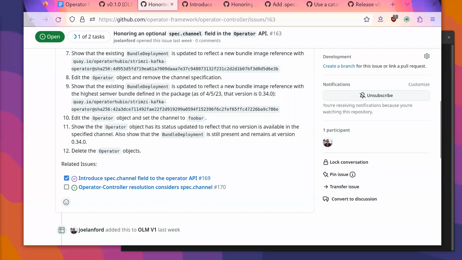Yes, Joe? So one question I have here: we currently have some code that puts what I'll call synthetic properties into the bundle entities for the channel, and then we look at those and produce the right constraints.